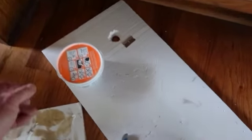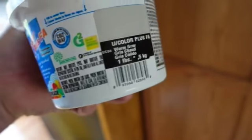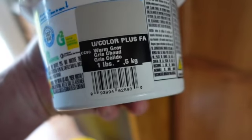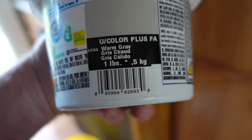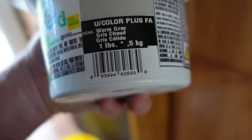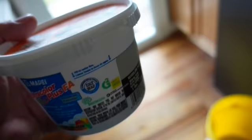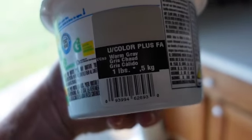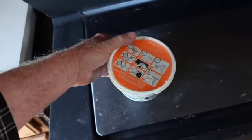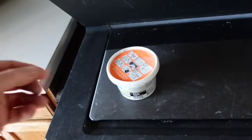Now, I'll tell you this about this stuff. I got this, the warm gray, chaud. I think that's French for warm, isn't it? Froid, I believe, is French for cold. Chapeau means hat. So I paid a little attention in school, although I took German. I'll tell you about that one of these days. I gave a pretty big speech last day of school that was remembered years later. Anyway,